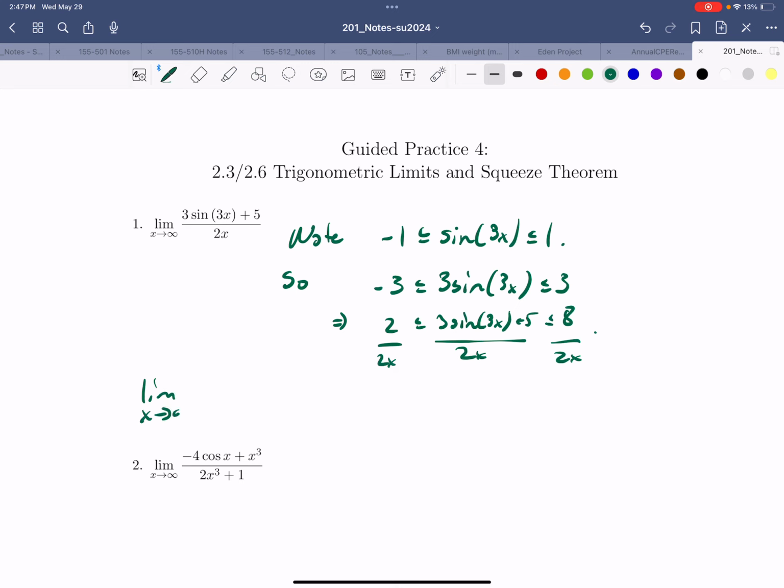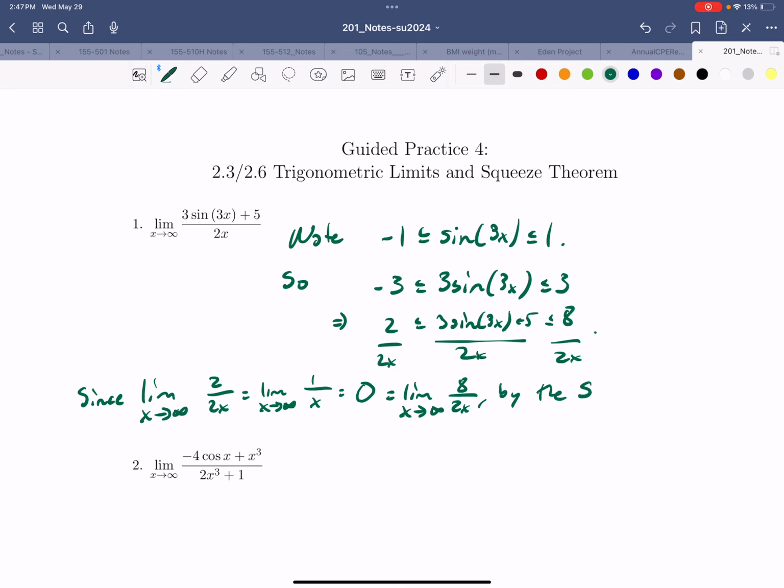The limit as x approaches infinity of 2 over 2x equals the limit as x approaches infinity of 1 over x, which equals 0. So maybe I could say since this guy equals 0, which I think you can also just see. I'm hoping you can see this. The limit as x approaches 0 of 8 over 2x